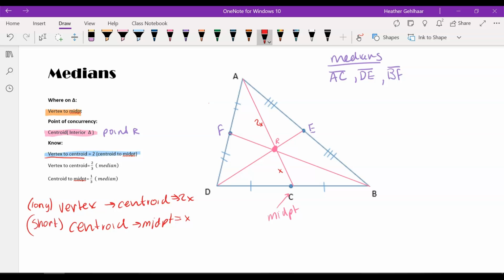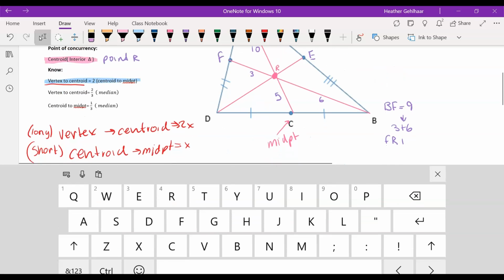Now let's go back here. Let's say that I knew that AR was 10. That means RC would be 5. It is half of that. Let's say that FR is 3. We would then know that BR is 6 because 3 times 2 is 6. That means BF would equal 9, because we do 3 plus 6, since we know FR plus